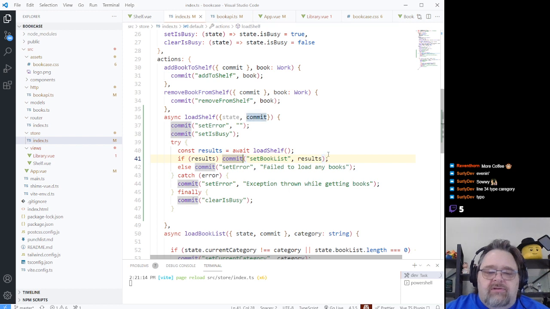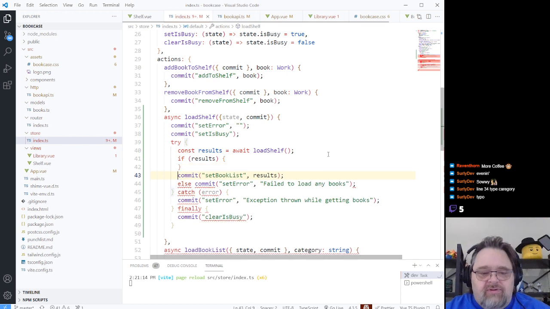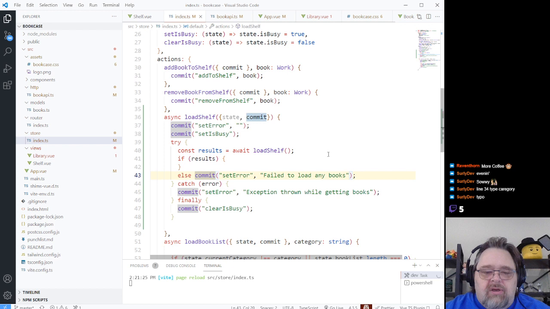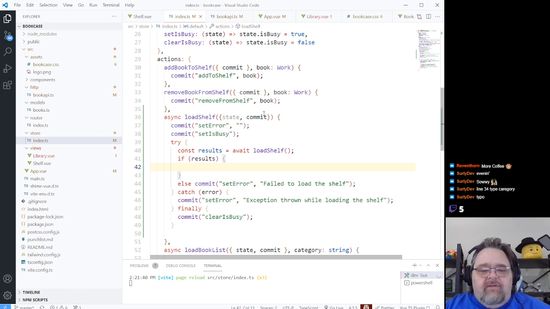And if the results exist, then we're going to need to do something else. So if the results worked, else we're going to go ahead and commit failed to load the shelf. Exception while loading the shelf. Right? The thing we need to do here is take these results and turn them into actual calls to Open